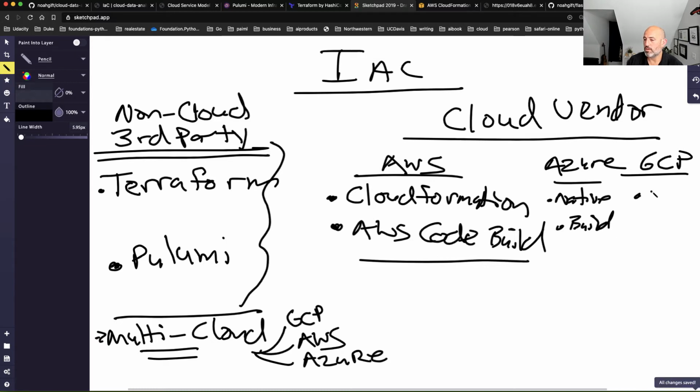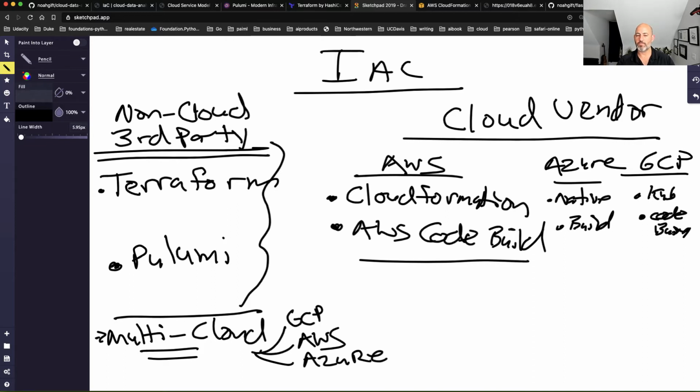And for Google, you could call Kubernetes, which has its own language for doing infrastructure as code, or they also have their own code deploy system as well. I think it's called Cloud Build, or I forget. It's a build server that deploys to Google App Engine.